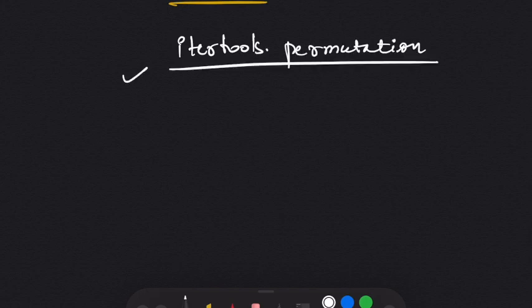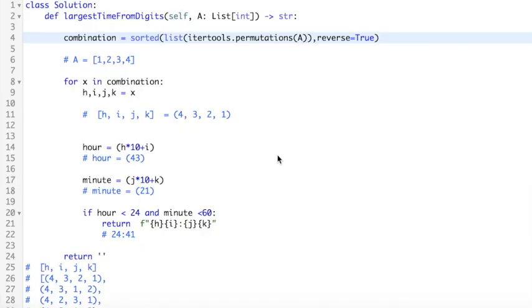So for this question, you do not need to create a logic for permutations. We can use the existing library itertools.permutations. Using this library, we can create different permutations and then check for our conditions. So this is an easy level question, but if you'd like to know more about permutations, you should check out the videos in the description below. So that's it for the explanation. Now we'll move on to the coding part.